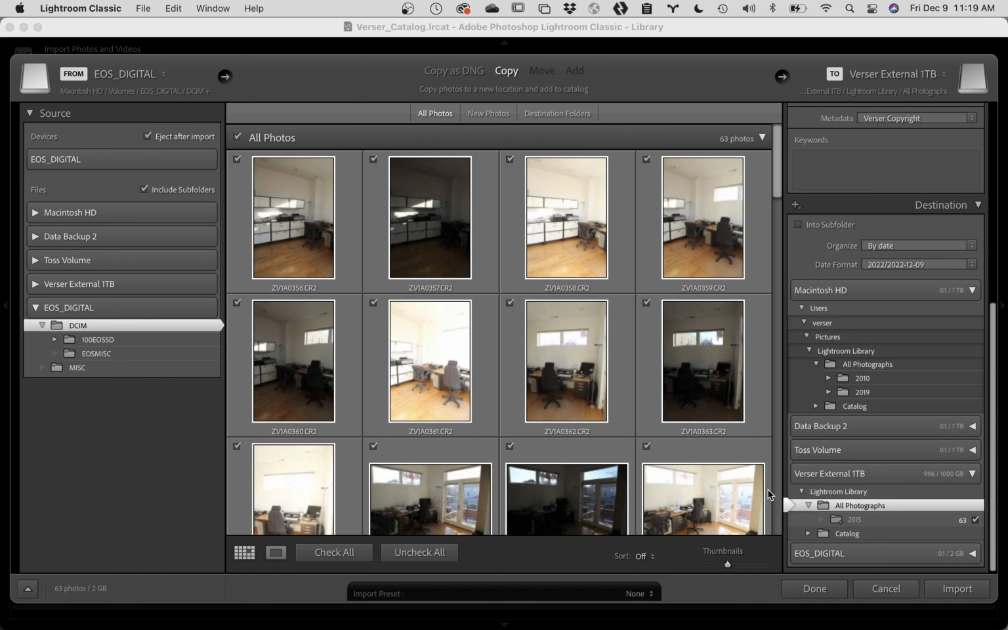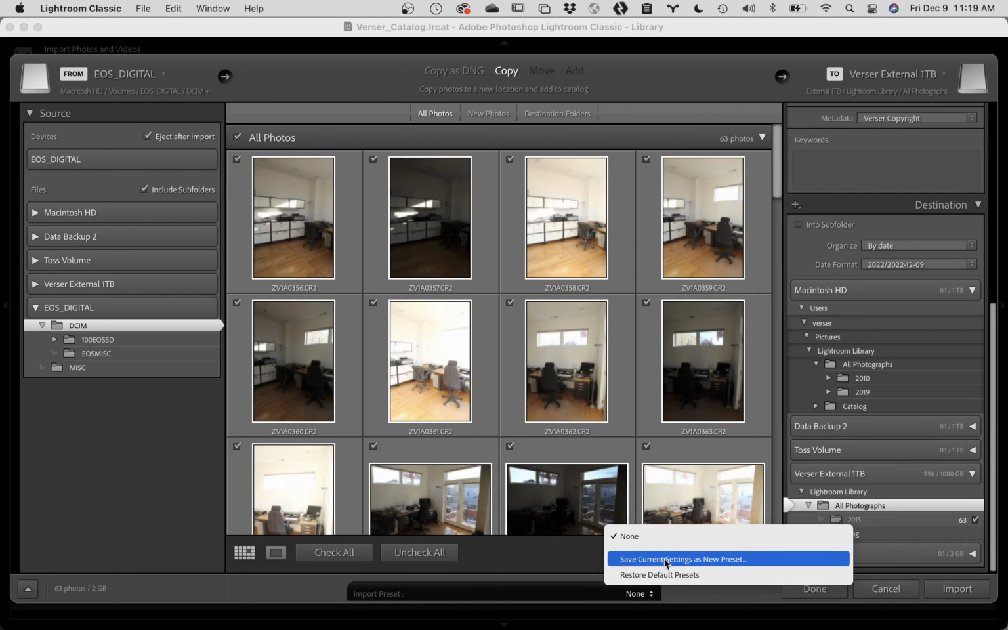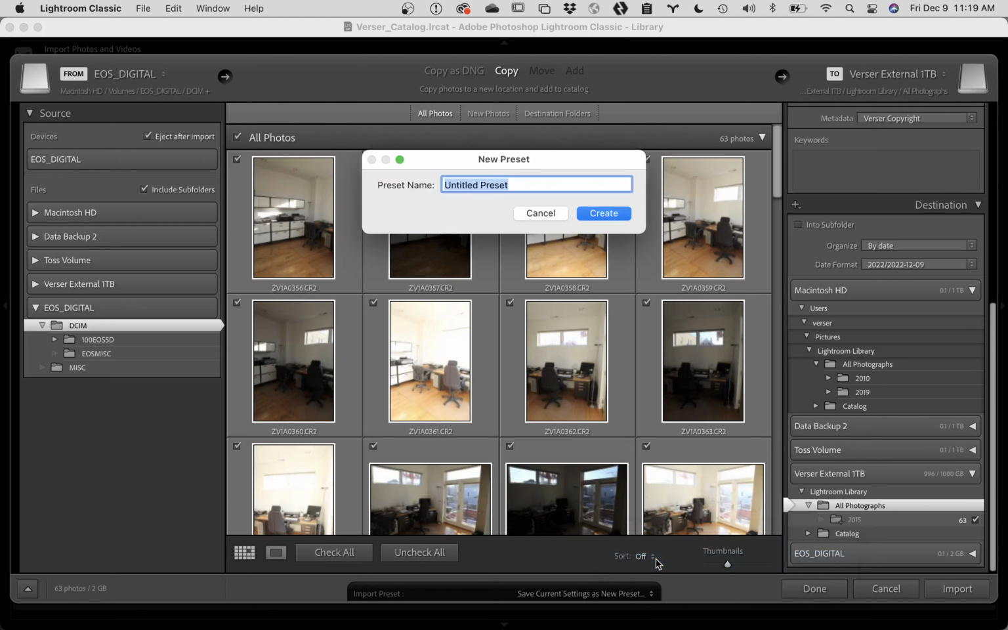So now this is actually set up to do the copy work from my memory card. Down here at the bottom of your screen, you will see that there is an import preset. It is set to none. If you click on this, you can say, I want to save current settings as a new preset. And I get really explicit about how I name this. So, I'm going to look here just to make sure that this stays consistent. So this is going to be copy